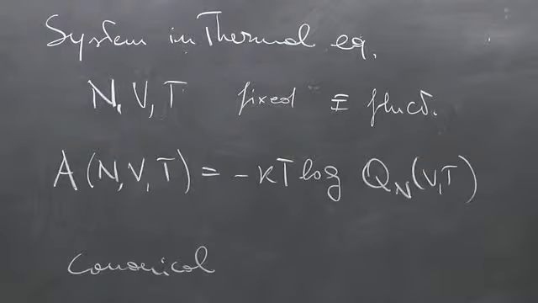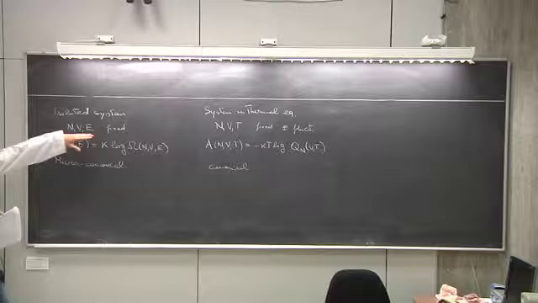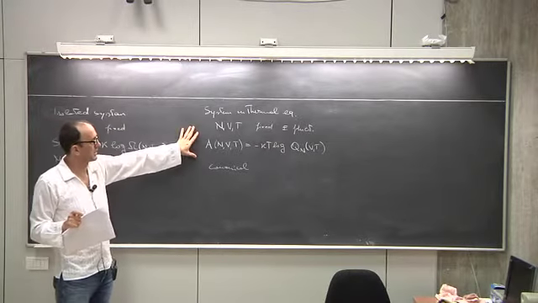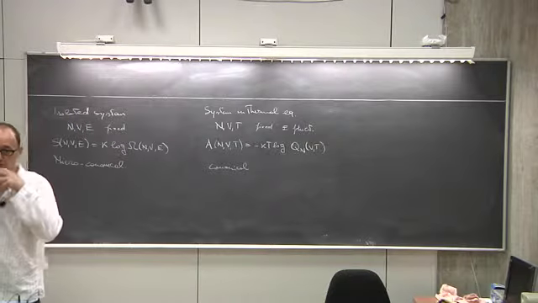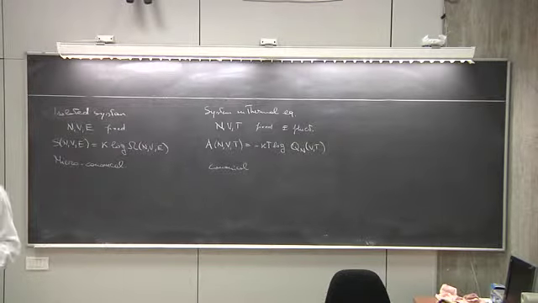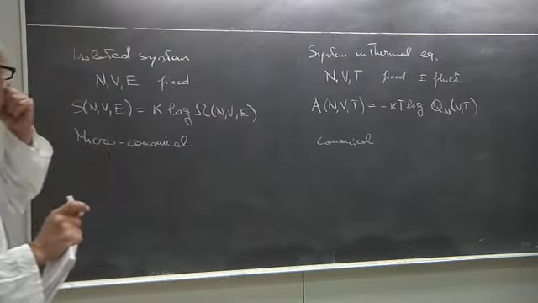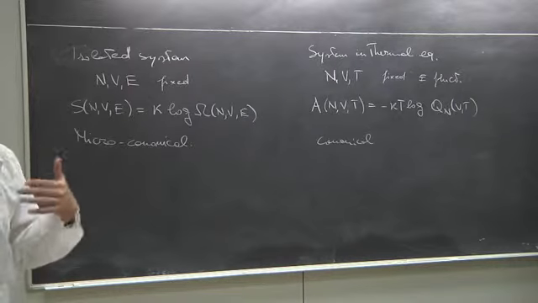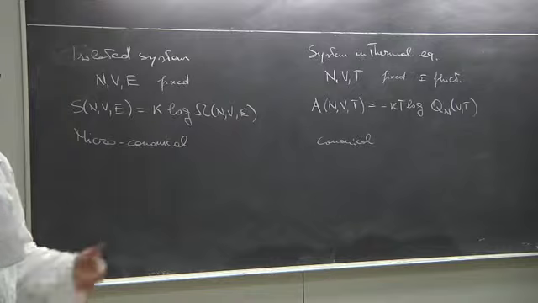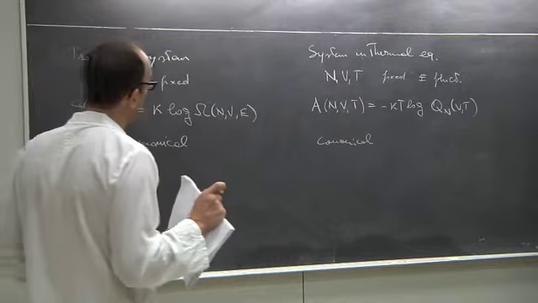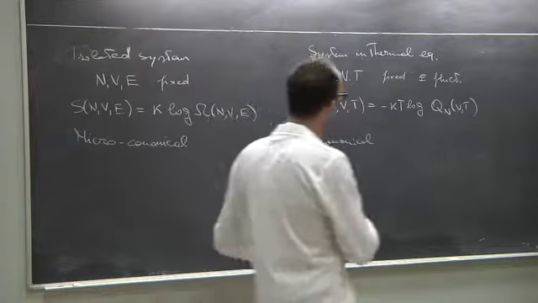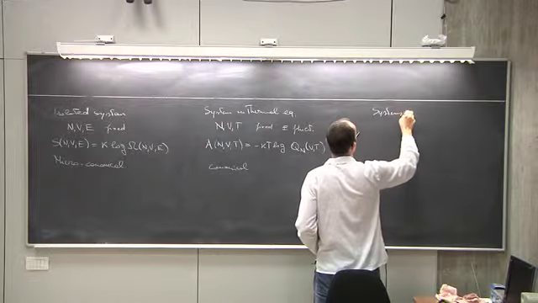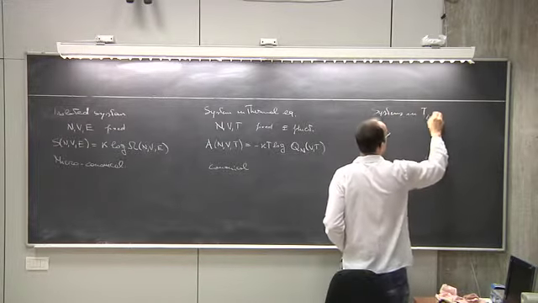Now, pretty much as what we have done here, we would like now to consider systems where also the number of particles is not fixed, can fluctuate. Okay, and so systems which are not only in thermal equilibrium but also in chemical equilibrium with a larger system. Okay, and so for this system in thermal and chemical equilibrium,